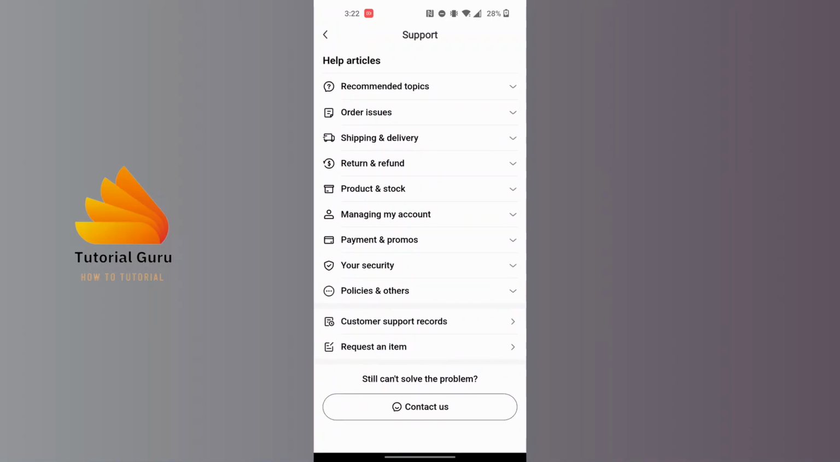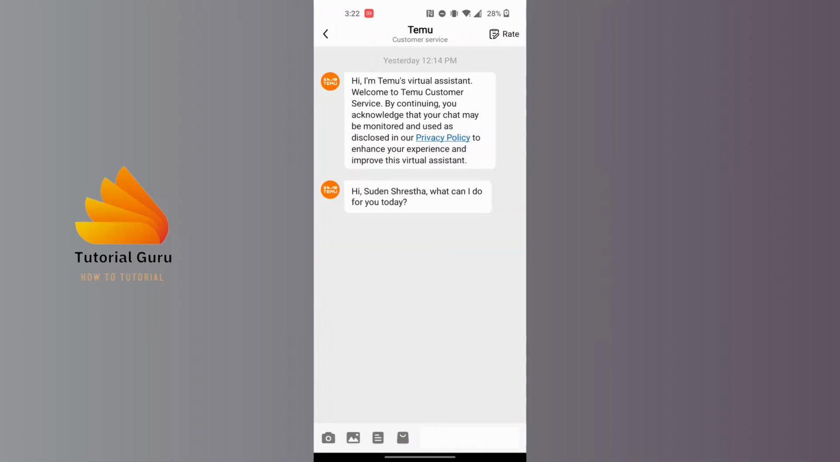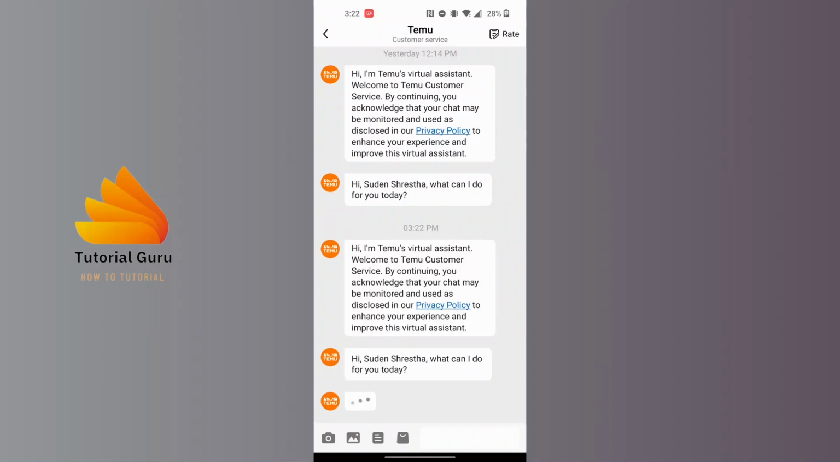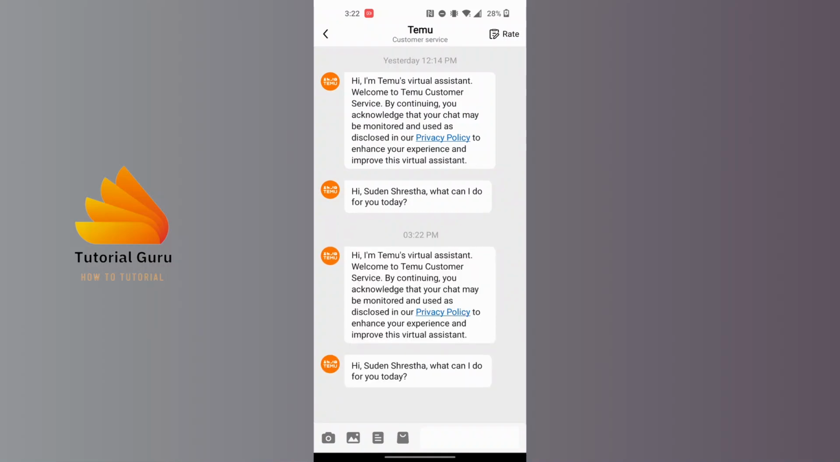Tap on the contact us button, and then you will be connected to Temu's virtual assistant like this, and you can chat with her. But if the chat gets complex, a manager will be assigned to you to chat with the customer service of Temu. And with that being said, guys, this is how you will be able to contact support